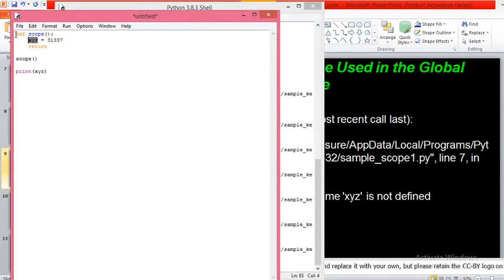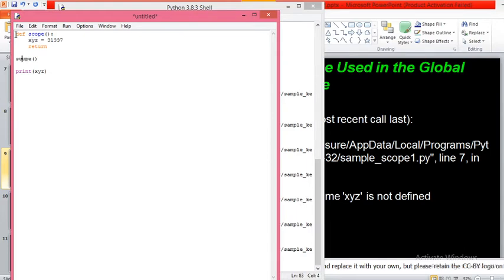Local. Local, sir. Why is it called local? Declared inside the function. It is inside the function, right? Then any other answer? Why is it called a local variable? xyz is called a local variable. Others? Function. Yes, it is used within the function. It exists within the function. When a variable exists within the function, then it is called a local variable, right?